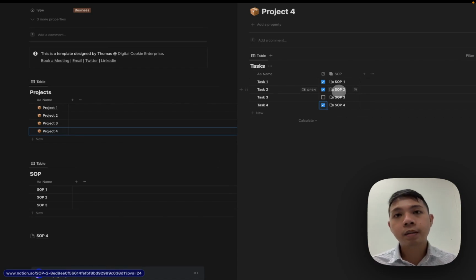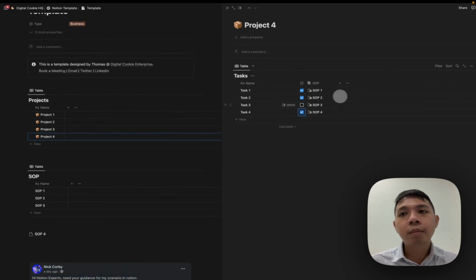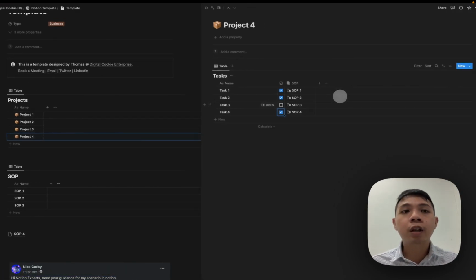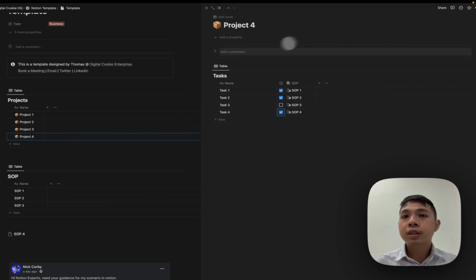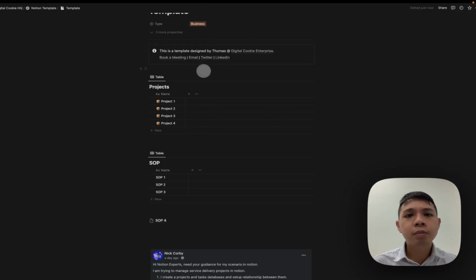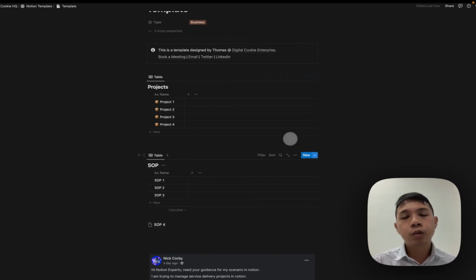centralized task database system that you're probably hoping for, but doing it this way they will not be able to see other people's tasks, and it's much easier to share. Basically, you can just open this page and click share, and then click their email and just share it to them. So this is how you can do it using this approach, which I highly recommend, and it's probably one of the limitations for Notion now, as it's a bit hard for them to